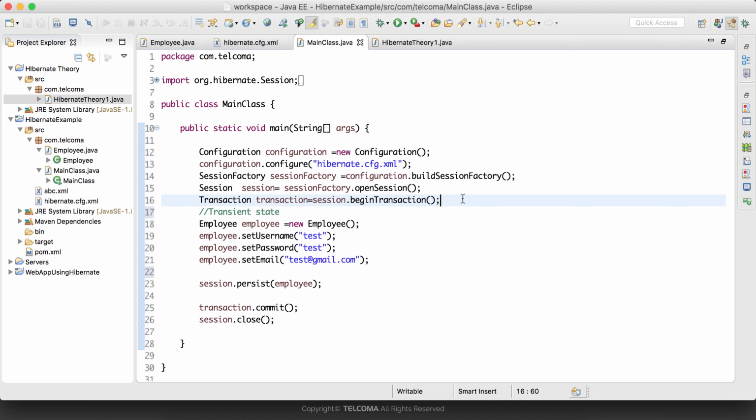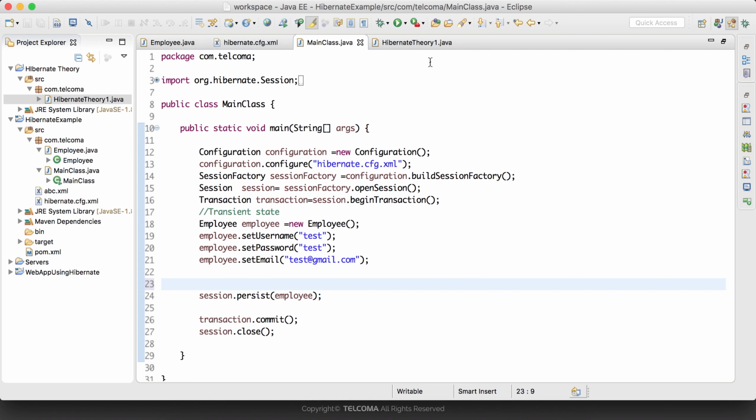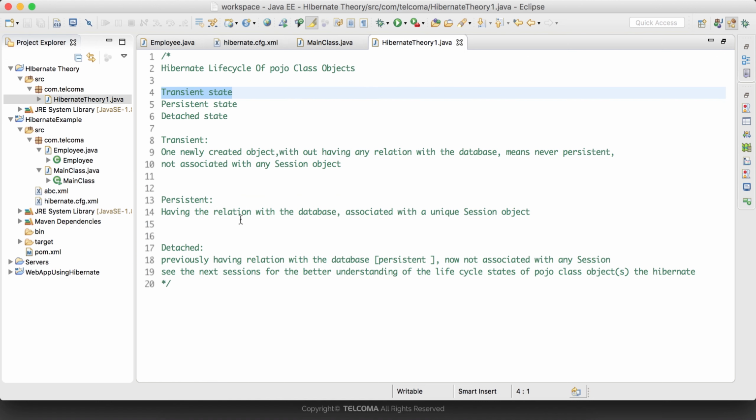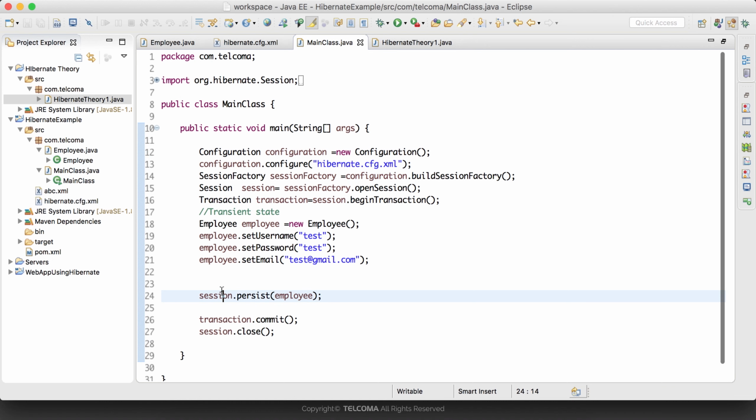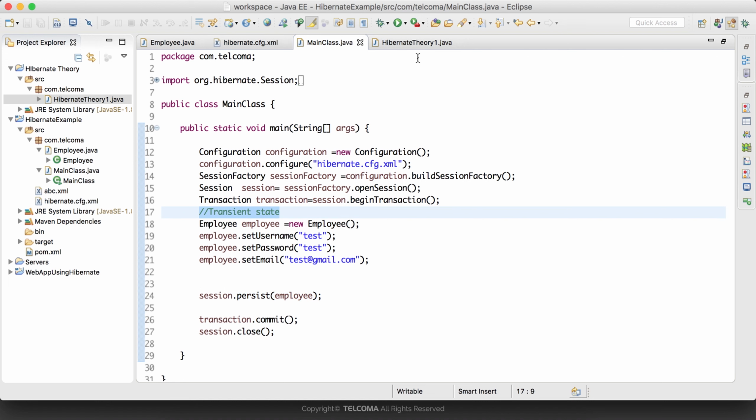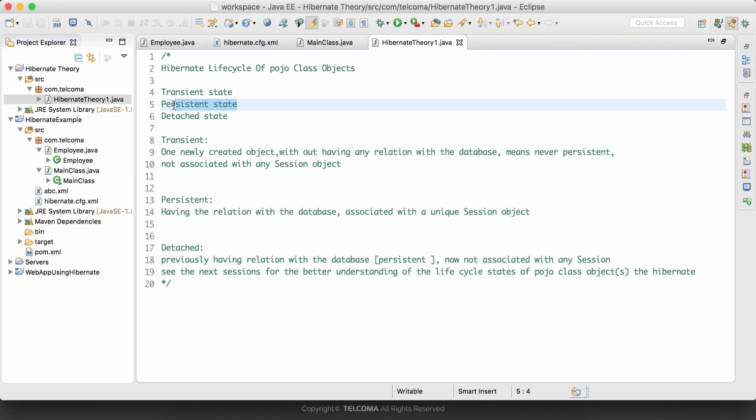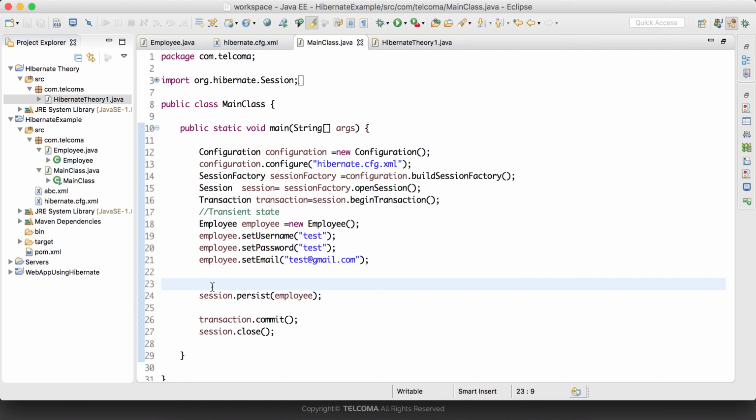And then we have the persistent state, having a relation with the database or associated with a unique session object. When we persist this object, it is associated with the session and has a relation with the database. Now the state is changed from transient to persistent state. Now the object will be in the persistent state,